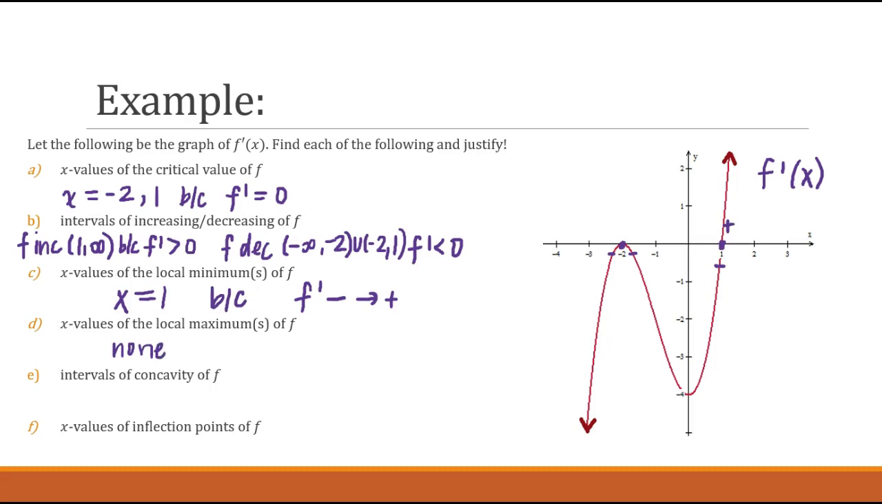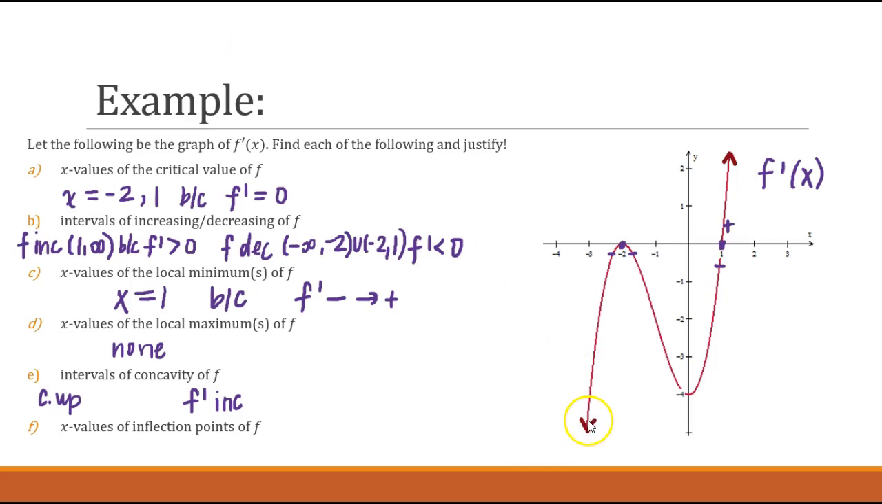And now for part E, let's move on to concavity. Find the intervals of concavity of f. So here we have to remember we're looking at the graph of f prime of x. So what we're looking for to find intervals of, let's start with concave up. To find intervals of concave up, we're looking for wherever f prime is increasing. So as I look at this graph,